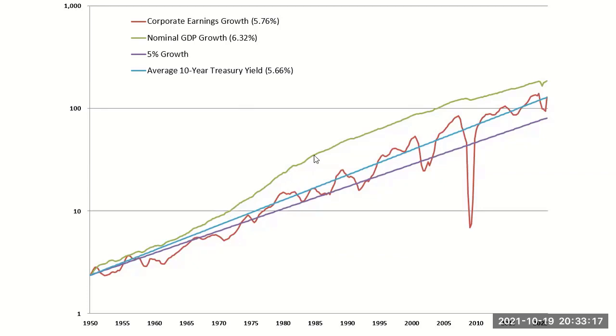So here's economic growth in the U.S. Here you can see COVID. That's a pretty big drop. Pretty amazing drop. So nominal GDP growth in the U.S. through, I don't know why that says 2022 because I don't have 2022 numbers, but anyway, our economy grew 6.32%. This is nominal. You want nominal. Corporate earnings growth has been 5.76.